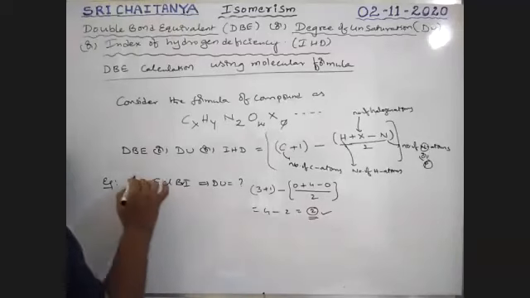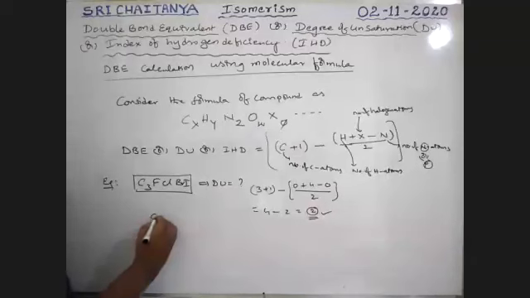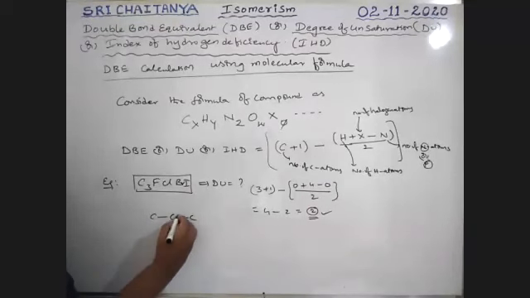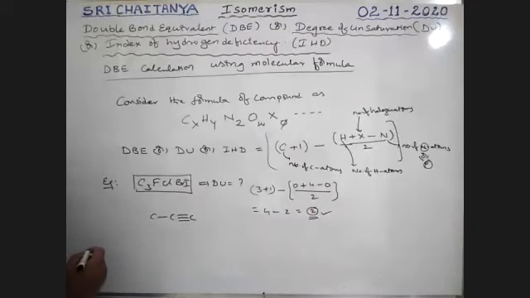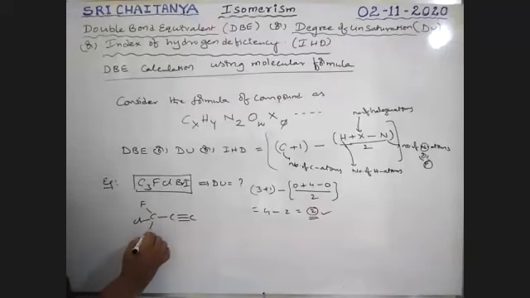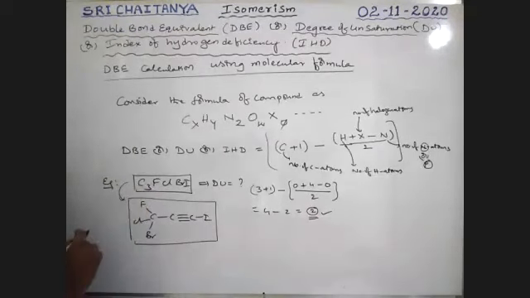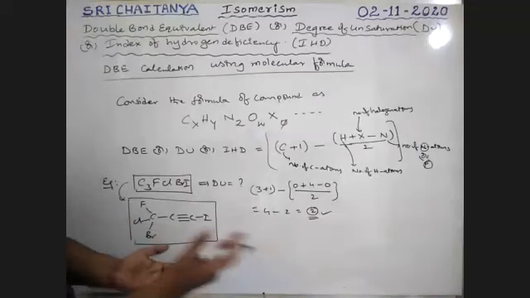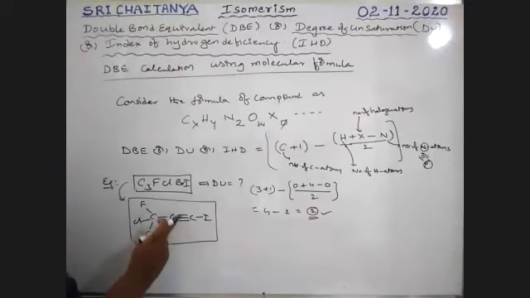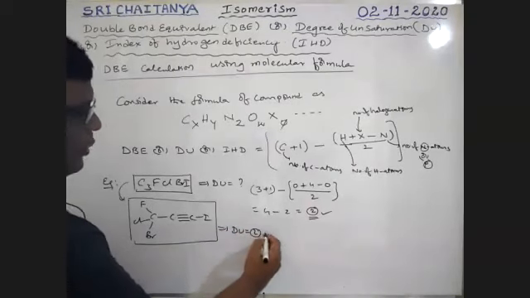So, boys, what is this structure? I am trying to draw the structure. C3, that means between these 2 carbons there is a pi bond. So fluorine, chlorine, bromine, iodine. Both these are same, boys. So if you know the structure, how much is the degree of unsaturation? See here, 2 pi bonds. So degree of unsaturation is equal to 2. That means 2 pi bonds.